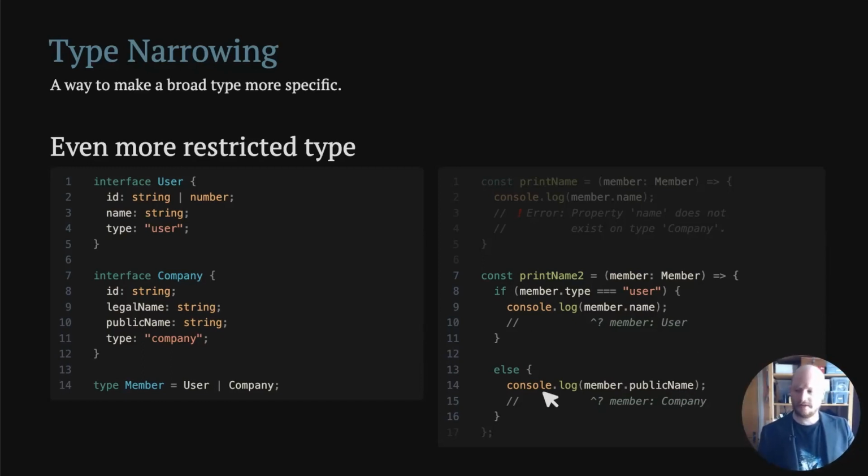In this case, it would be an error. Let's say we add a member kind that does not have a public name. Then this line will throw a TypeScript error, since in this else statement, it can either be company or whatever new type you have. So I guess you could write something in the default statement to catch those cases somehow. I'm not sure how you would do that.